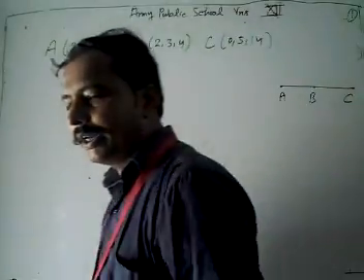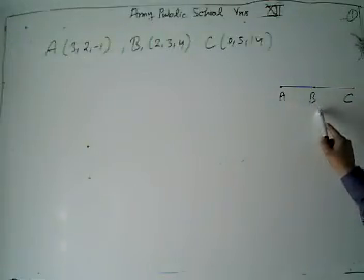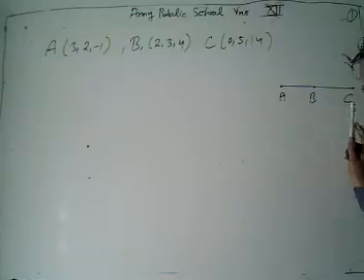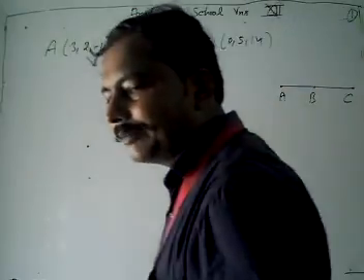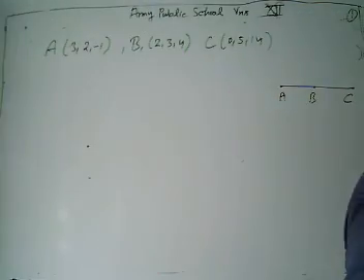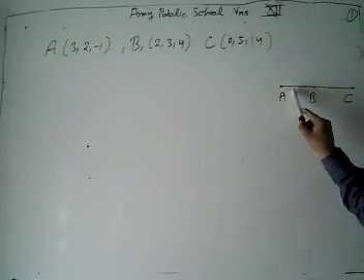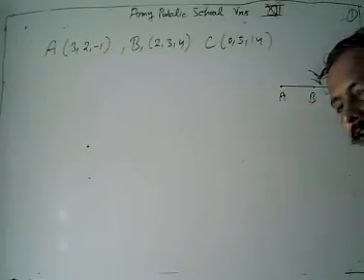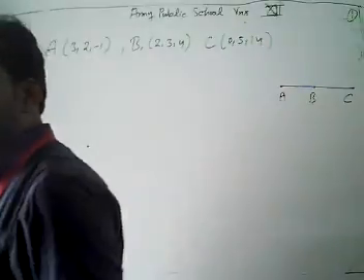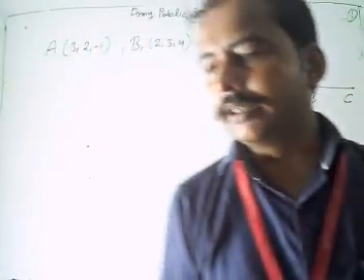If they are collinear, then we have to find the vector AB and the directed segment BC. If AB is lambda times BC, or if we find AB and AC, and AB or AC is lambda times the other vector, then we can show that it's collinear, or parallel.